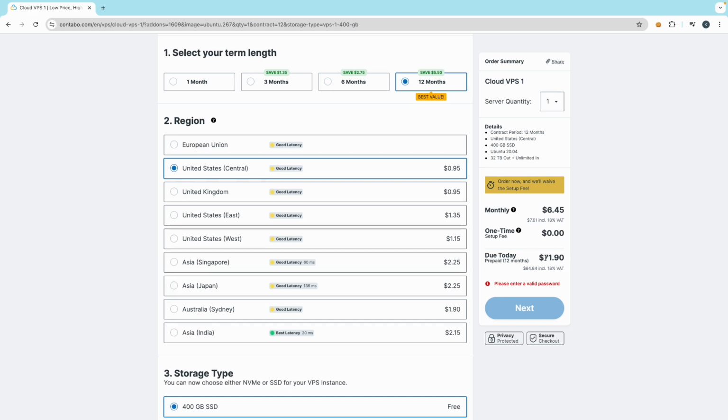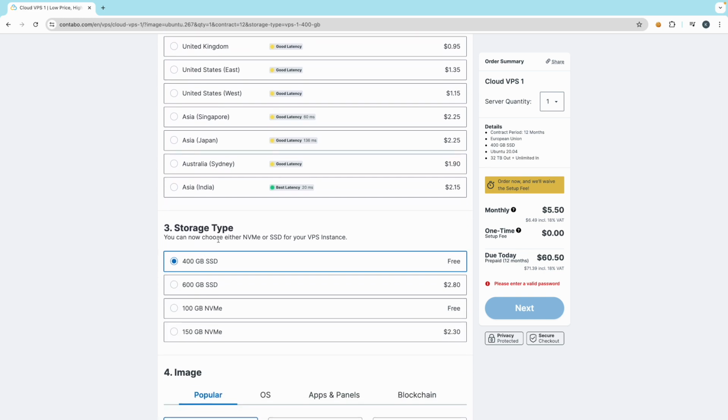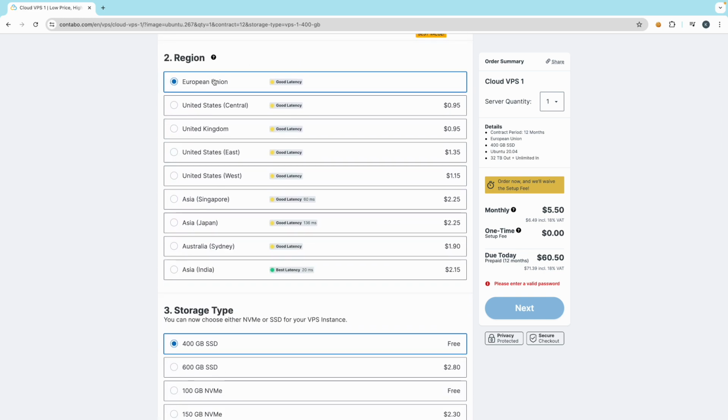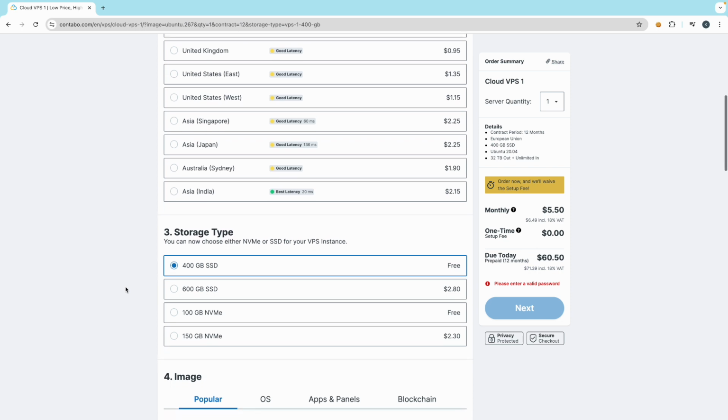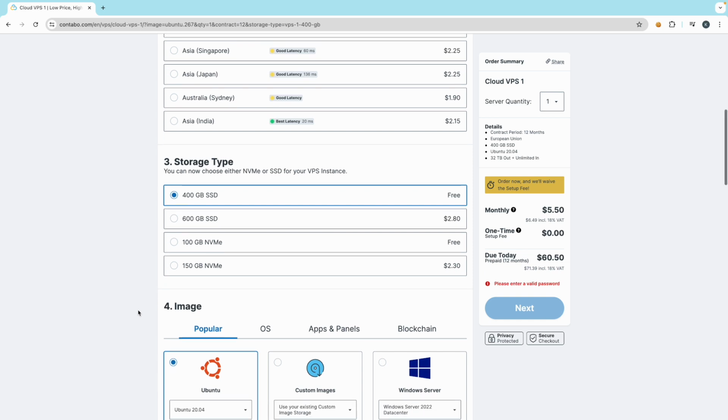It will also, by the way, cost you more, so I just want to leave it at the base one. Okay, the speed will be hardly milliseconds of difference, so I do not want to invest more here. And the storage type will be the base one. Okay,